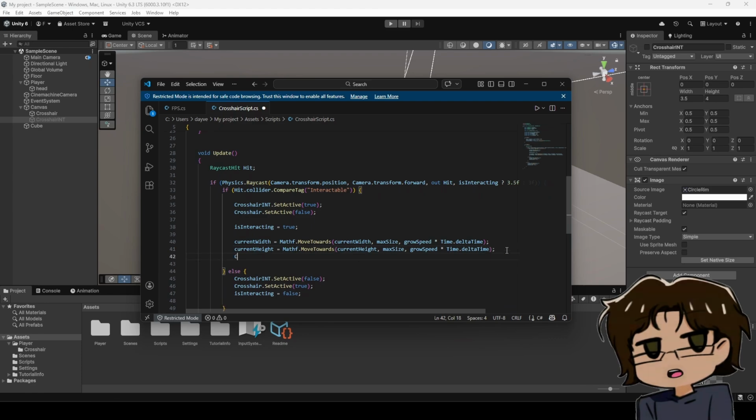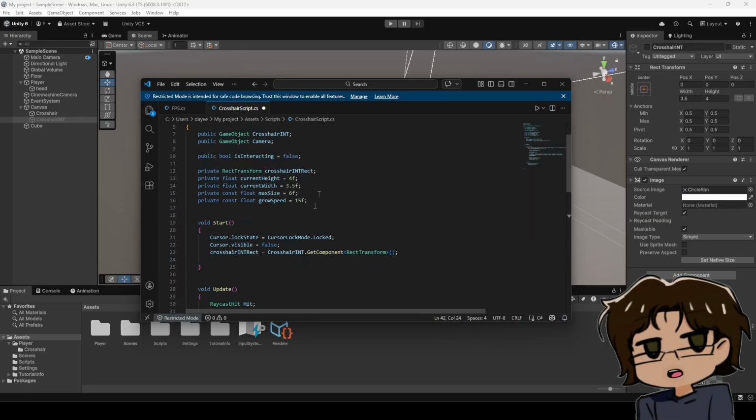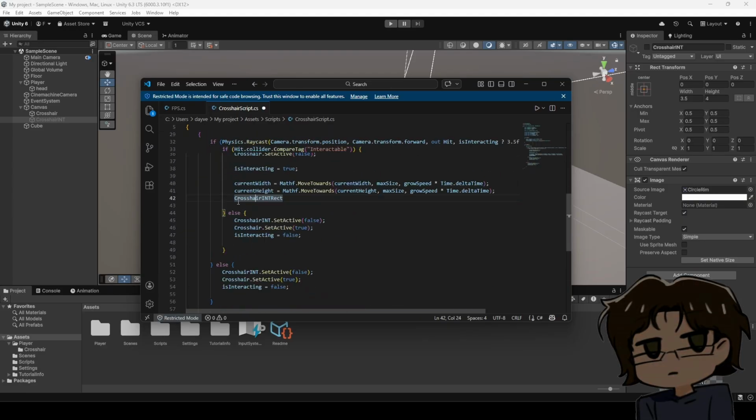And now we do same thing. Crosshair int rect. I think, did I have it with a capital C? I don't even know. No. See, I knew that was going to be a problem. Crosshair interact sizeDelta equals new Vector2 current width, current height